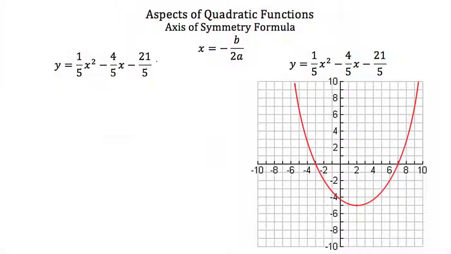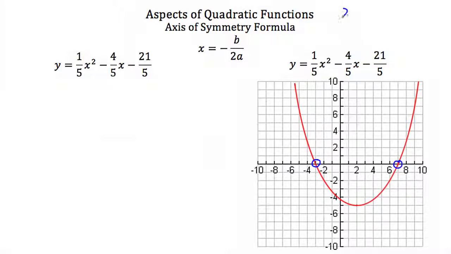Now there's another way to find your axis of symmetry other than using the graph. Here we have the equation y is equal to 1/5 x squared minus 4/5 x minus 21/5. Here's the graph of that equation. We have zeros at -3 and +7, which means the x-coordinate of my vertex, or my axis of symmetry, should be halfway between